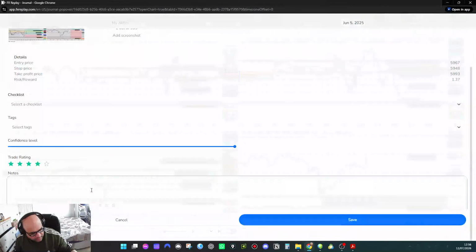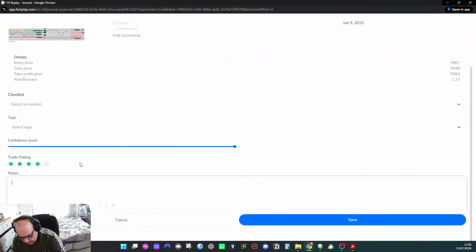And we're gonna write, okay, let's say pre-trade, possible fair breakdown at the 59.52 to 59.48 zone, which is the high range of